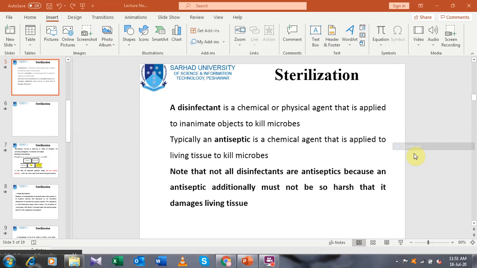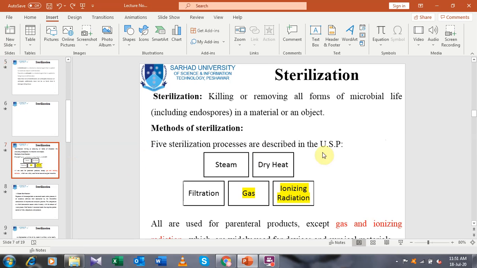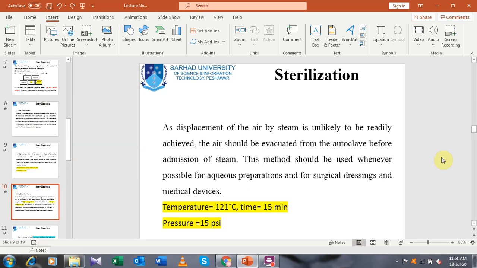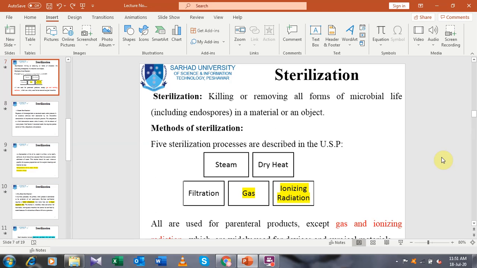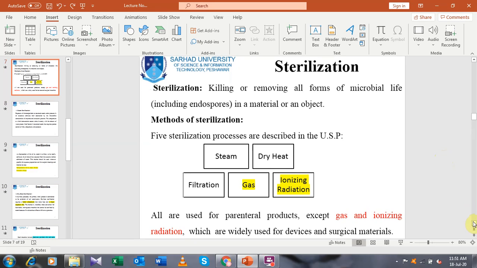Disinfection means reducing the number of microorganisms in a sample, and disinfection is not capable of sterilization. By sterilization, as I told you, it is the complete killing or removing of all forms of microorganisms. After that, I told you about the methods of sterilization according to USP, the different methods, and that three methods of sterilization are used